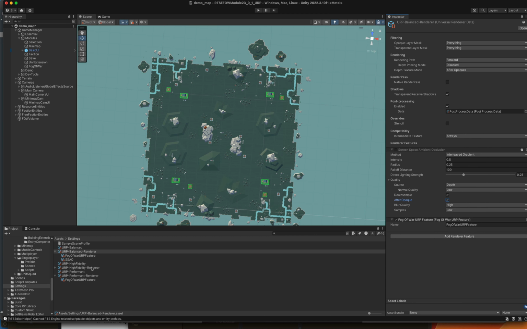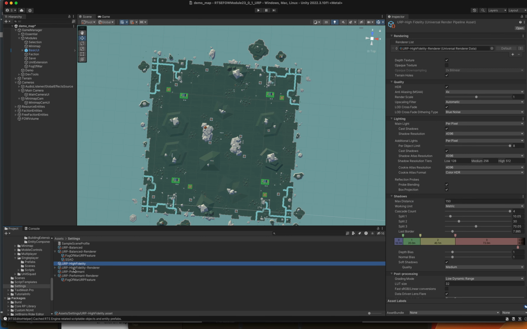That's come from Brendan. It's to do with if you're using, say, spotlight fog, where it clears in front of your units, the offset is weird and it doesn't come back in. So that's the only reason you need to do it after opaques. Okay. I'm not going through any other settings on that. That's all you need. As you can see, even on the high fidelity, I have depth texture ticked,